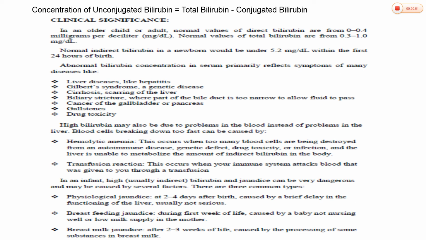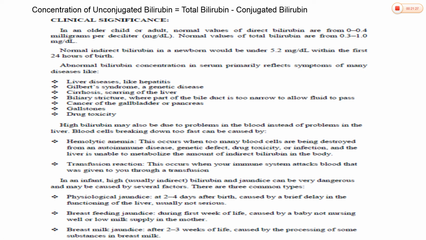So the concentration of the unconjugated bilirubin is equal to the total bilirubin minus the conjugated bilirubin, and the clinical significance of this is, in an older child or adult, the normal values of direct bilirubin are from 0 to 0.4 milligrams per deciliter, whereas the normal values of the total bilirubin are from 0.3 to 1 mg per deciliter. The normal indirect bilirubin in a newborn would be under 5.2 mg per deciliter within the first 24 hours